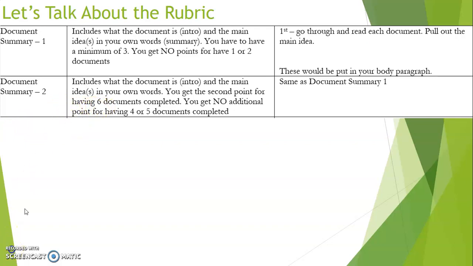And then for the second point, you don't get any additional points for 4 or 5, but you would for 6. So again, just to recap before we practice, you need to first start your outline with getting all the main points, summaries, and then you need to have at least 3 documents to get 1 point. So if we look at